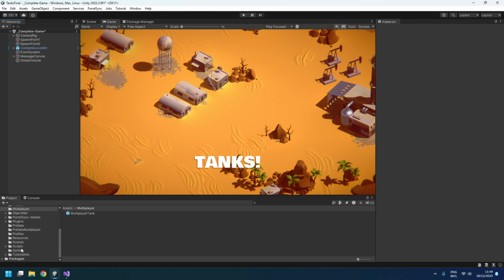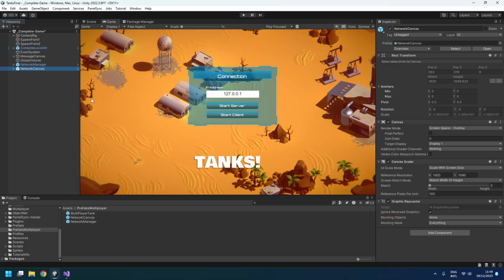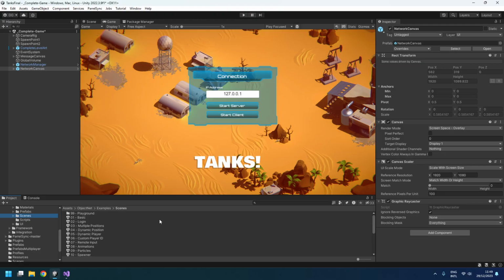And then I'm going to get a network manager and place it into the scene, and a canvas that I previously prepared with the lobby connection. Okay, this example is provided by ObjectNet in the examples folder. If you navigate to the examples folder, you have a bunch of examples like that. Okay, so